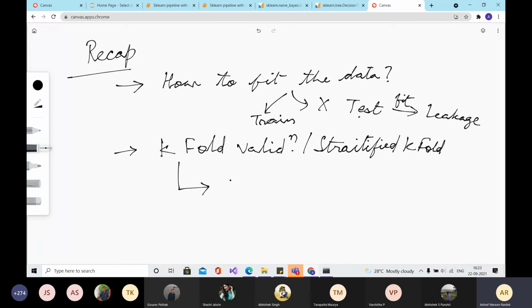What did we choose? Hyperparameters. Yes, this led us to hyperparameter tuning. We call this hyperparameter tuning or hyperparameter selection.